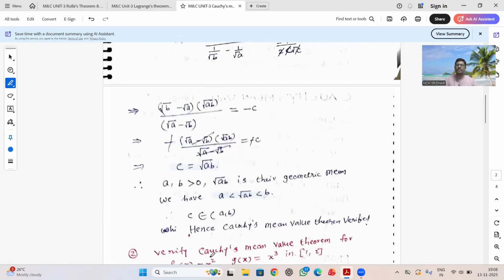So these three mean value theorems are very important. One problem you will get in your final examination and some examinations on the three mean value theorems. Mostly on Lagrange's mean value theorem you will get one long answer question in your final examination, especially the problems based on inequalities, right? Hope I think you